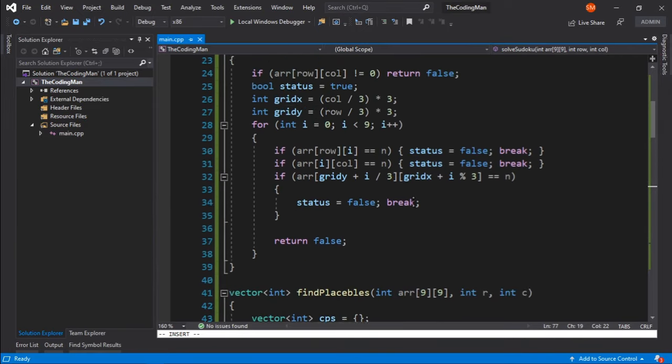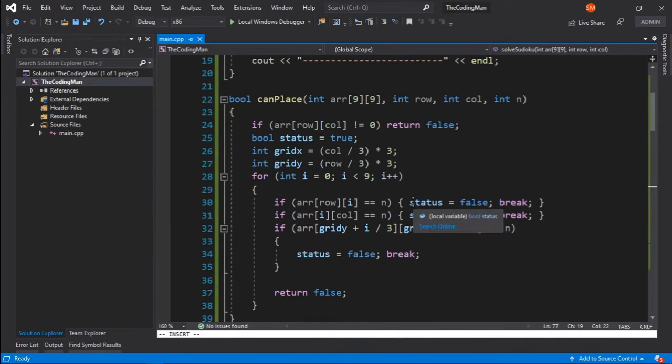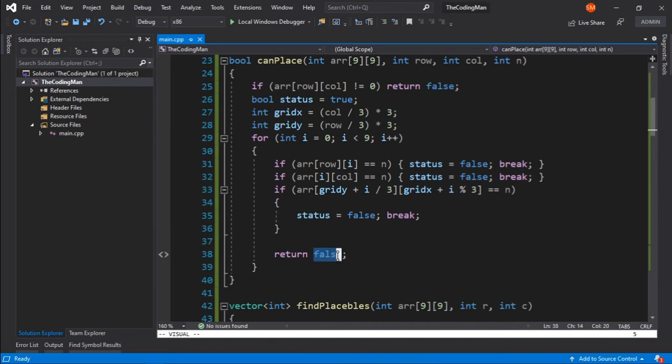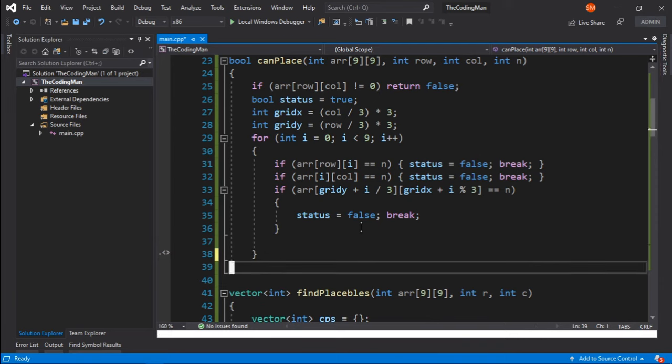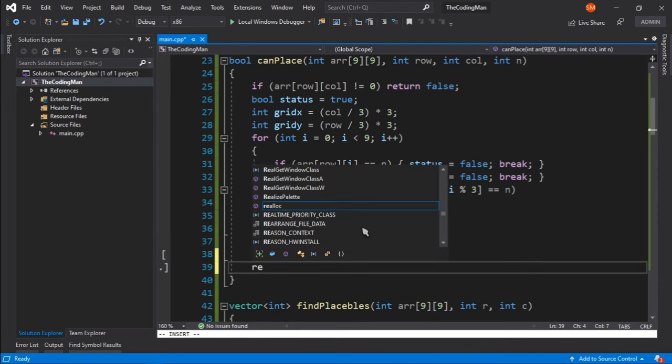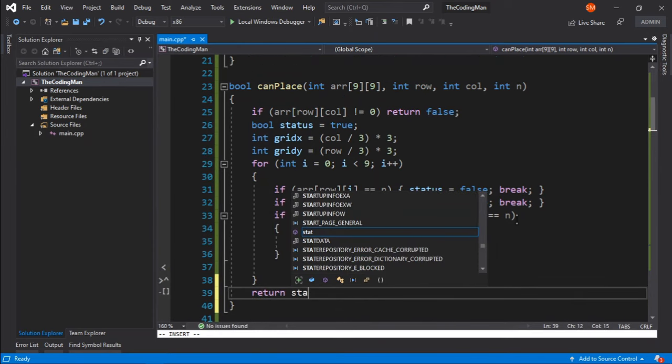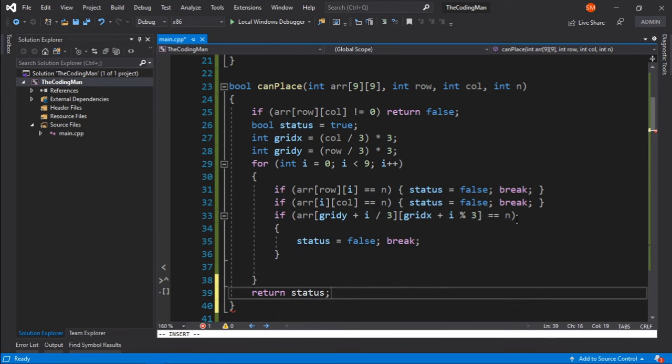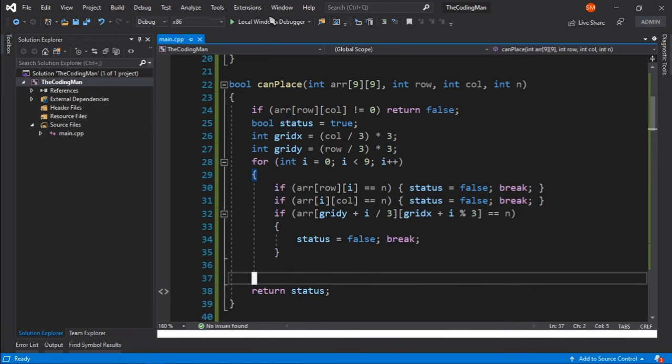So I will go here and check what's wrong with canPlace, because I think there is an error in canPlace. It takes the row, column and n. It is returning false instead of status, and returning it inside the for loop. So I will delete this line and I will return false. It returns the status here. Okay, so now if I run this code,